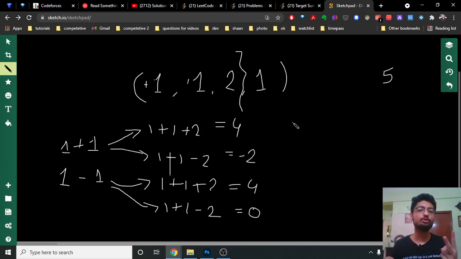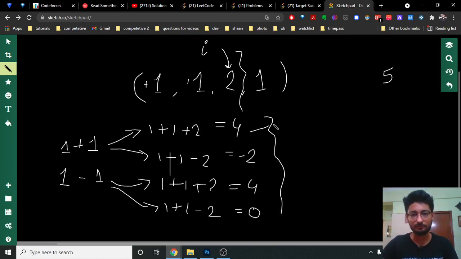So I have two things to define a particular state: the index i at which I am, because if I am at this particular i with these particular sums, I can go further in the same directions. I hope you get the point. Then you can use this particular number to find out whether my answer will occur or not, because I want to reach a state of 5.